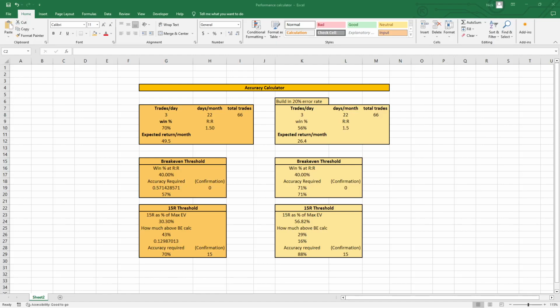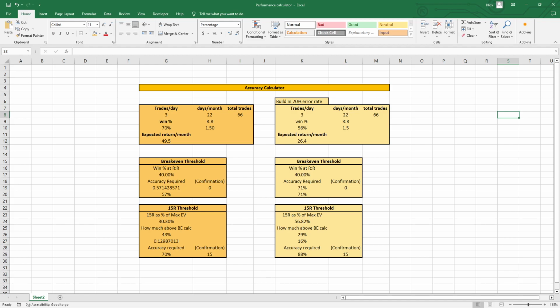Okay, so this is a tool that I created for Mindful Traders Academy. It is my accuracy calculator. I use this when creating more data-driven strategies, but it's also a pretty good one to use when you look back over your trading and can pull out all of your legitimate trades, all the ones that you'd say, yeah, these were fully my strategy,